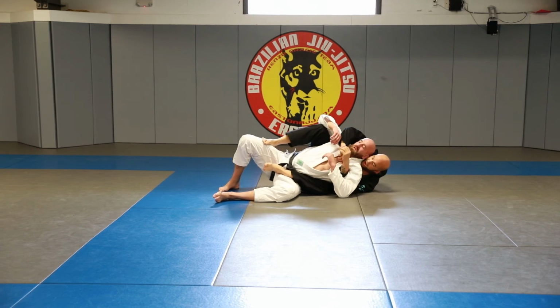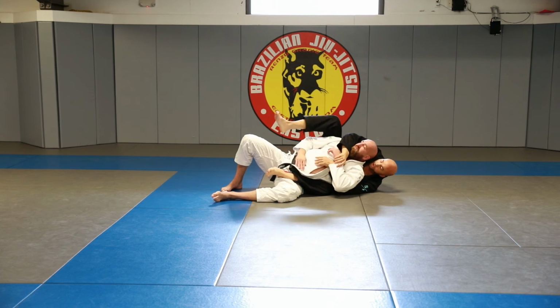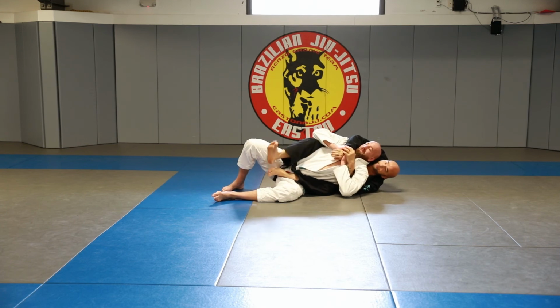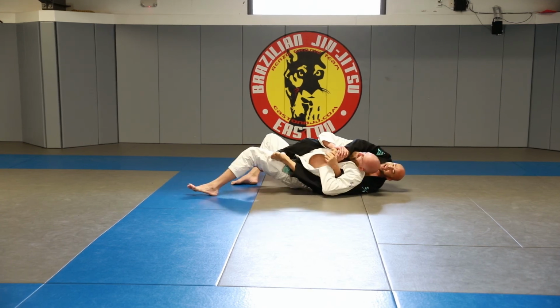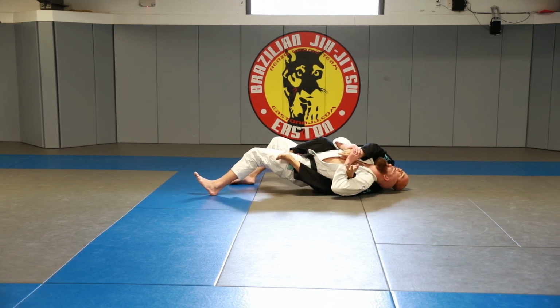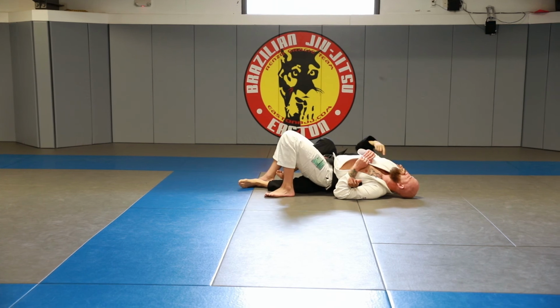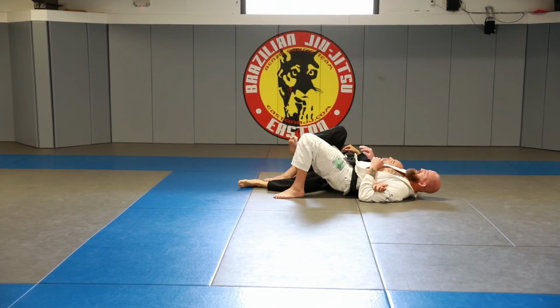Once we're on underhook side, first I would trap hands and choke him, like we've been doing, and after that, he's going to defend. He's going to grab my wrist, and I'm going to mess up my head. So he turns his hips up, puts the back of his head on them, there it is. Keeps scooting back, holds tight. Elbow in the neck, keeps scooting back, his leg is stepped out,